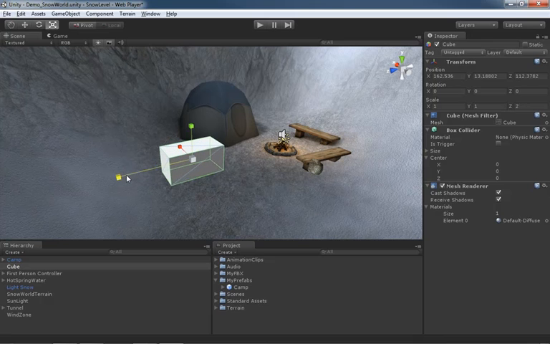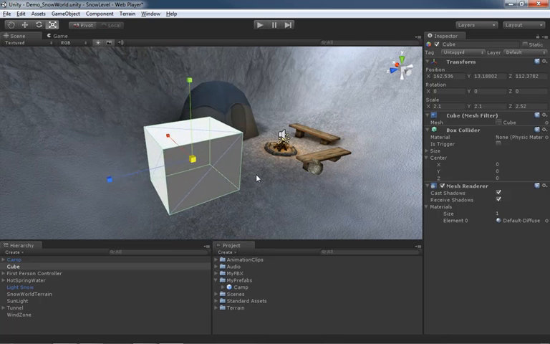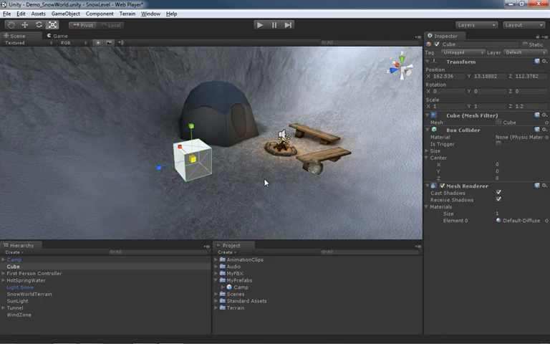you look really closely, we're getting kind of a snap sort of value. And if you take a look over inside the inspector, my Z scale is going up by 1/10 of a full scale unit. And if I scale up uniformly instead, you see we get that kind of snap felt there as well. Now let's undo all of that and let's take a look at how we can set this snapping